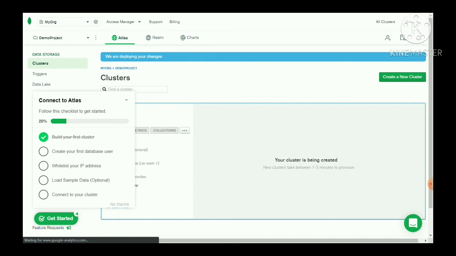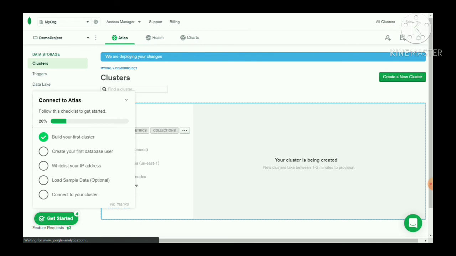Because if you are installing MongoDB on your machine or on any of your servers, you don't need to worry about those things. But you are going to create the database and the collections in the cloud. So if you need to secure your database and your collections, then you need to share the IP addresses that should access the collection. That's the reason you need to give the whitelist of IP addresses.